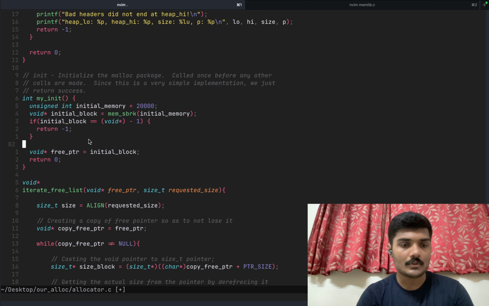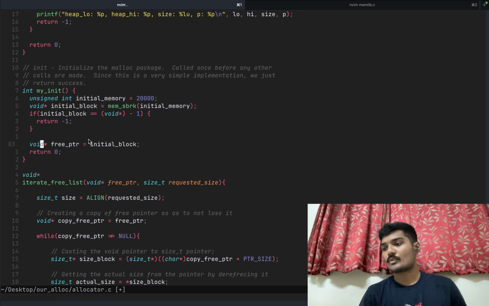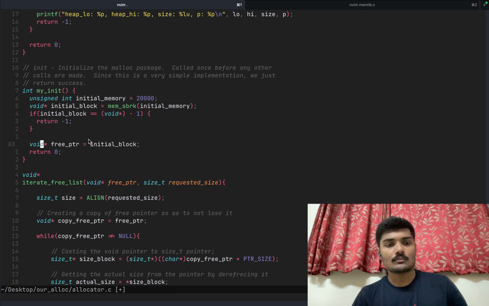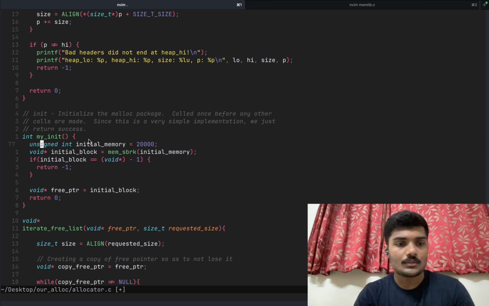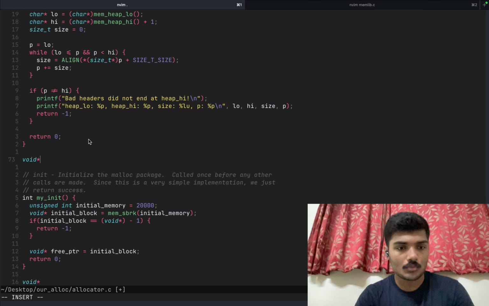So just the initial memory, right? Who will be getting the initial memory? Anyone that will be calling malloc will have access to that memory, and they won't be calling my malloc. They will be calling my malloc again and again. So how about we do something like this? Here we'll create a void pointer, the real free pointer, which will be equal to